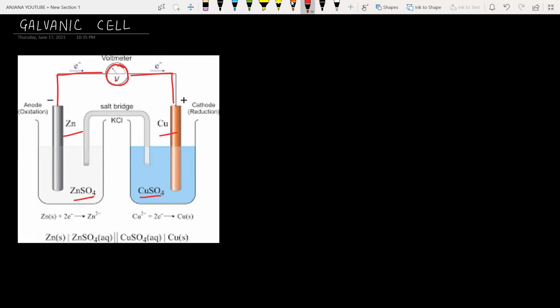Now, in the electrochemical series, we know that zinc is more reactive as compared to copper. That means zinc is going to have more tendency to lose electrons and it will form Zn2+ ions. Since here it is losing electrons, this process is oxidation. Loss of electrons is known as oxidation, and wherever oxidation is taking place, that terminal is known as the anode. So here you will observe that oxidation is happening at the anode.